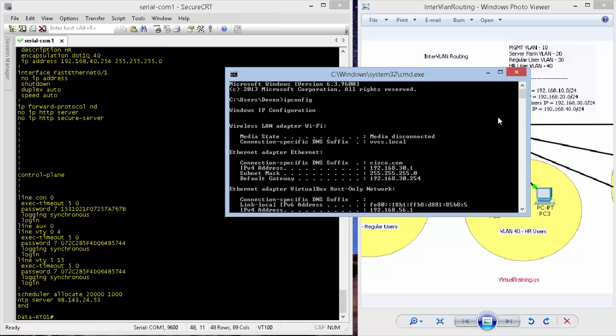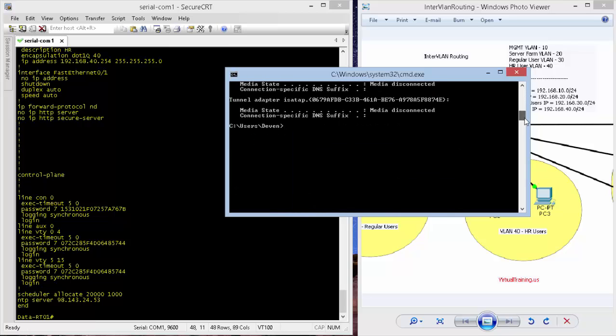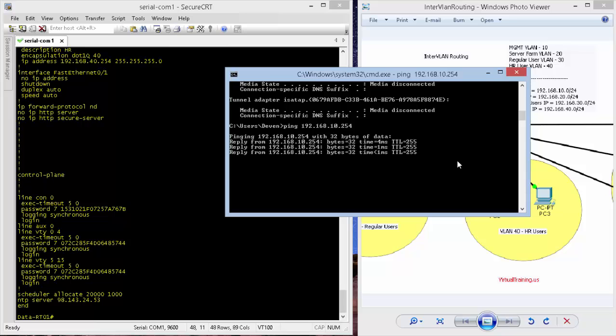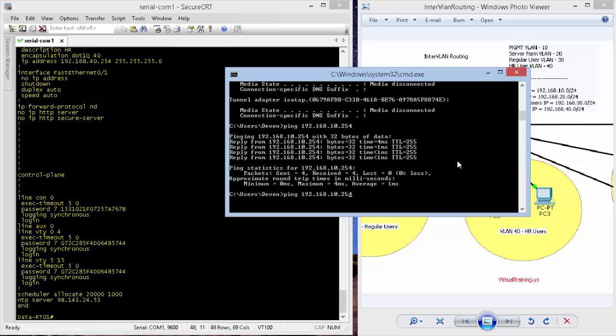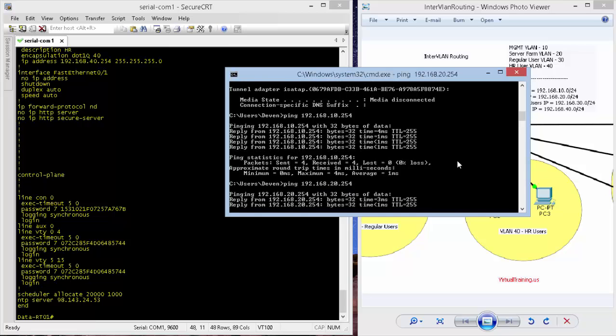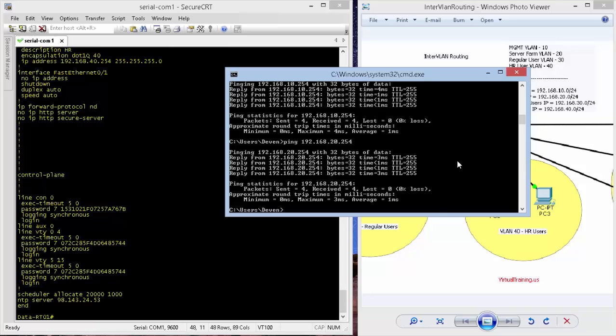So if I now do a ping to, let's say, 192.168.10.254, I should get a response back. Yep, there you go. That's a management VLAN. If I do a 20, there you go. And if I do 40,